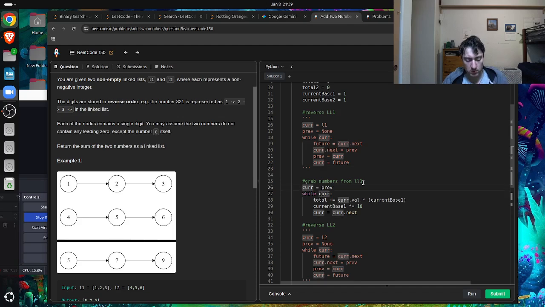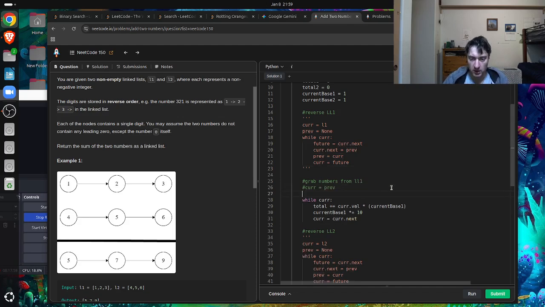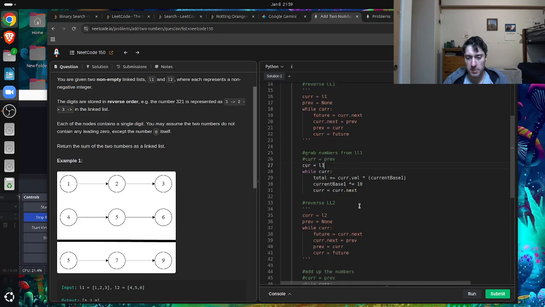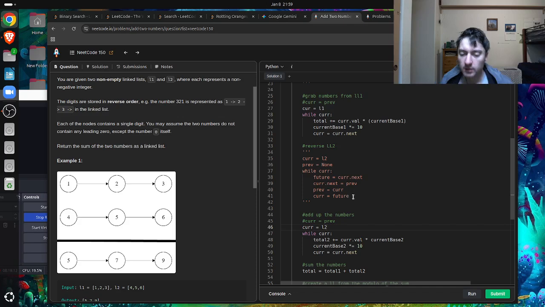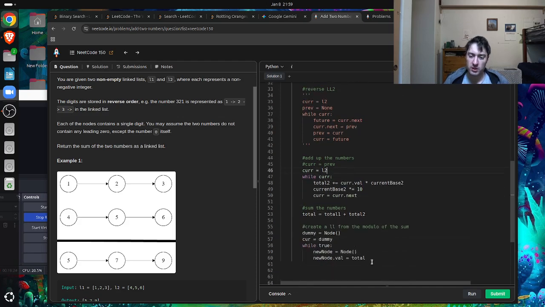So I'm going to say current is equal to L1, right? And for this one, current is equal to L2, like that. And then we keep going, but we still do this, right? And then we sum them, and then we come here, and now I want to say total,